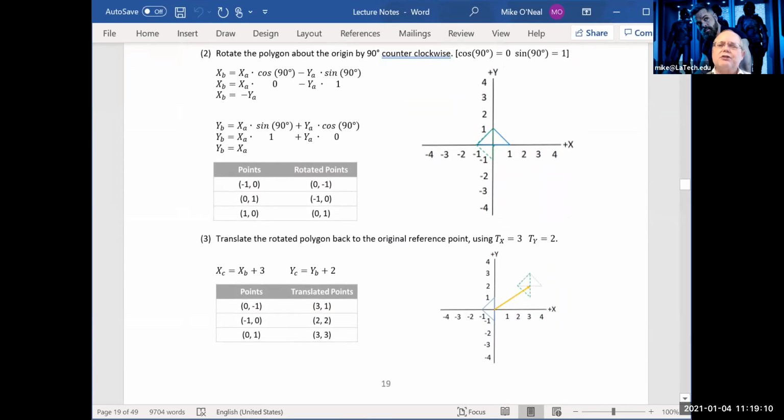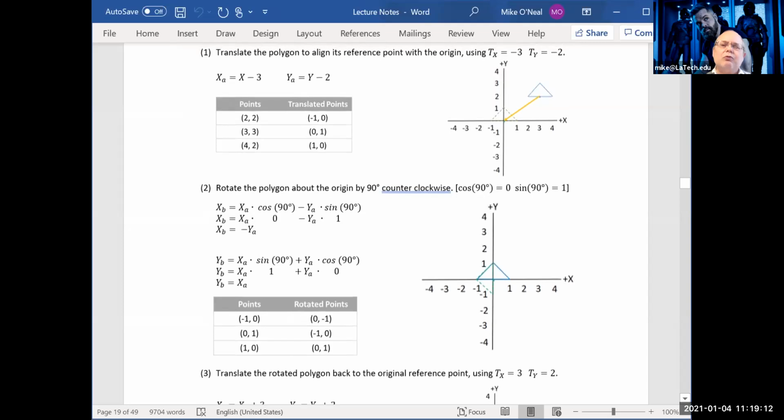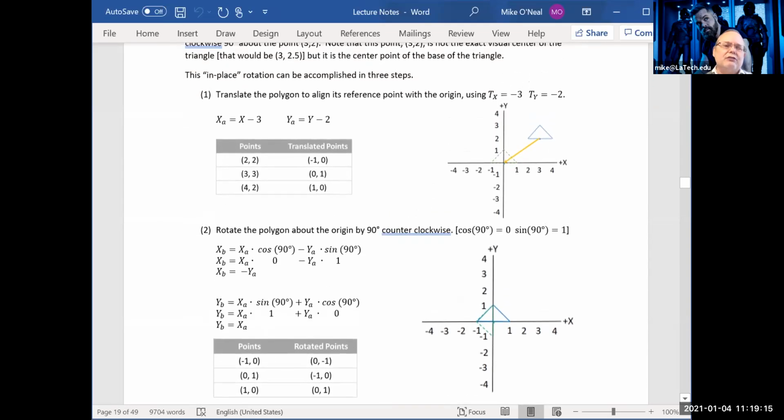So how do we do it? Well, it's pretty simple. Actually, it's very simple. The first thing you have to do is translate. We're working in 2D, so our translation equations here are, and we've got a reference point. The reference point is 3, 2, 5, and we want to move 3, 2, 5 to 0, 0, 0. So that means we have to subtract 3 in X, we have to subtract 2 in Y, and we have to subtract,